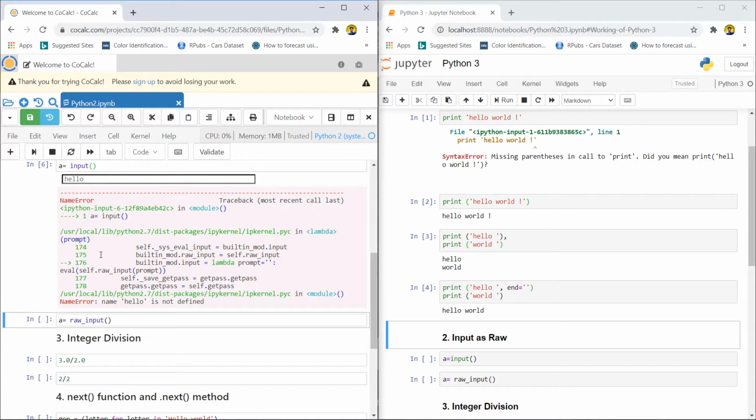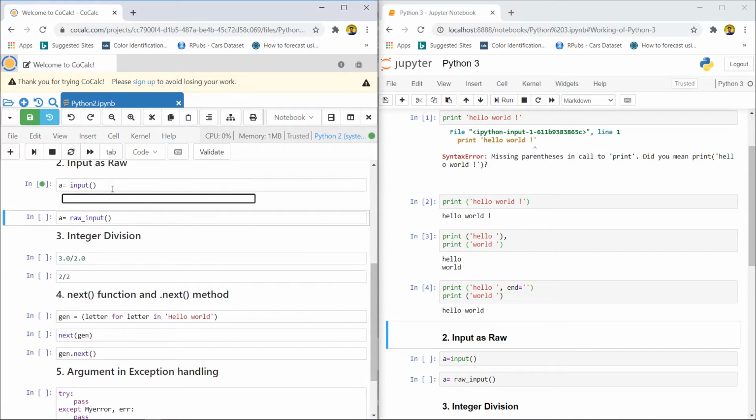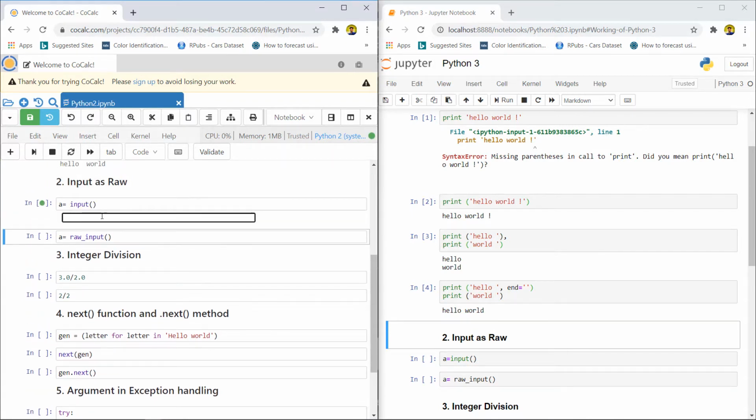If you want to take a string in Python, you can use the same function and specify that your statement is a string, so you can use single quotation marks to specify that you are using a string. Now you can see the compiler accepted the input.